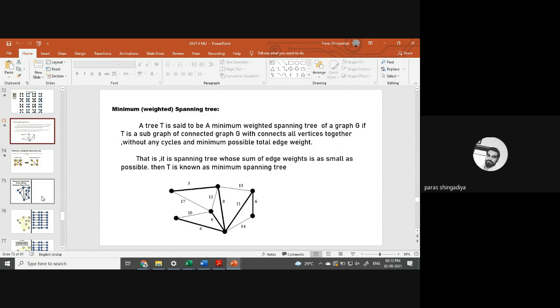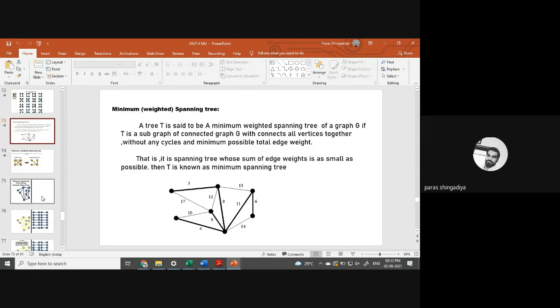Clear? All the data are mentioned; this number does not indicate the edges here. That value indicates the weight of this edge, the weight between these two vertices. Clear? And we have to derive the minimum weighted spanning tree. So it is a spanning tree only. So by the definition of spanning tree, we'll check the circuit rank of that. And then after we get the answer, we know how many edges we have to delete. That is similar to the spanning tree, but we have to consider such edges.